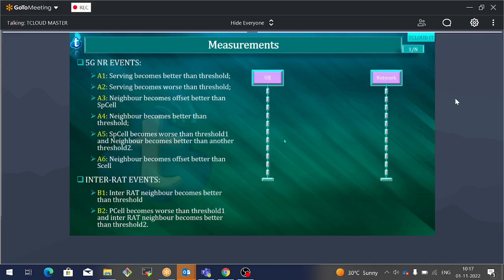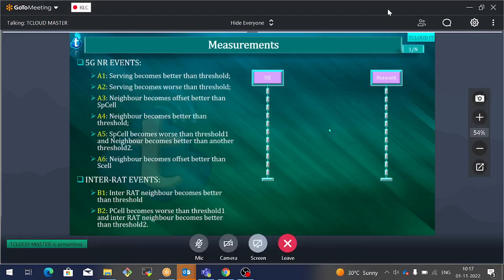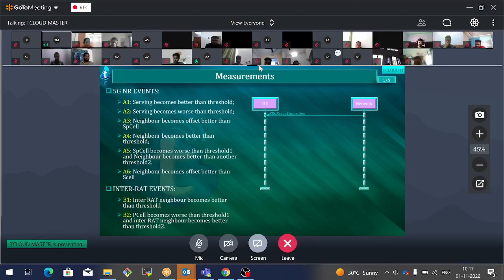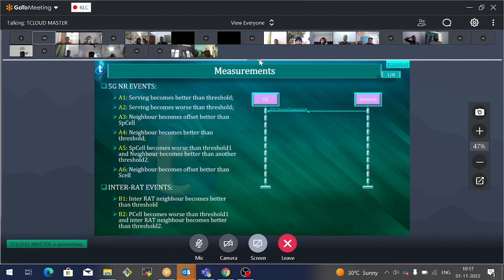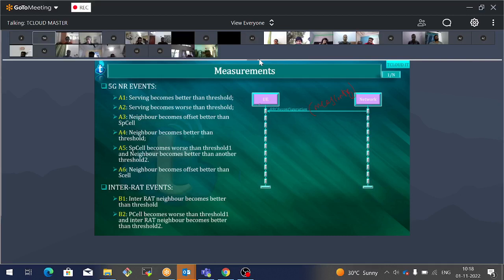Typically, this is how the measurements would be configured. The network would send a message to the UE called RRC reconfiguration. Inside it, it is going to include this measurement config package, explaining the details about the measurements that it is asking the mobile to configure. If the mobile is accepting that measurement configuration, it will send a message back to the network, RRC reconfiguration complete, reporting